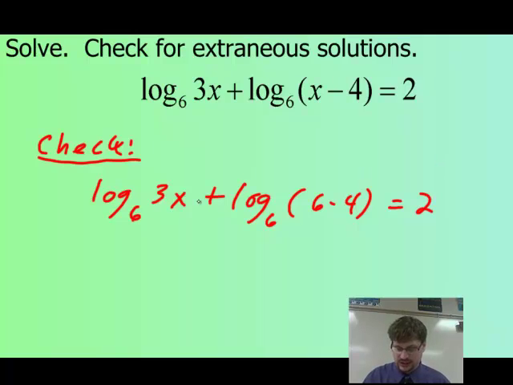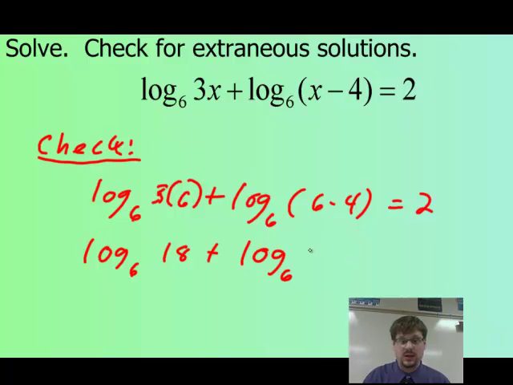However, I'm substituting in 6, so let me fix that real quick. So that's going to be 3 times 6. There we go. That's going to give me log base 6 of 18 plus log base 6 of 2,